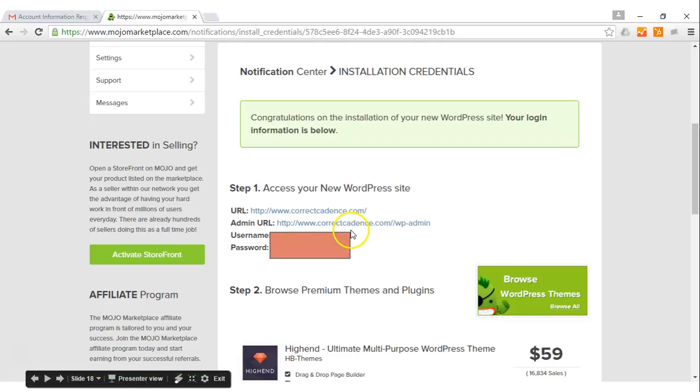And most websites have this wp-admin as their admin URL, so don't worry if people find out about that. But what you do want to keep a secret is your username and password. So you can see I put this little red box here so you can't see mine. And you're going to want to write down the username and password for your website, and then click the admin